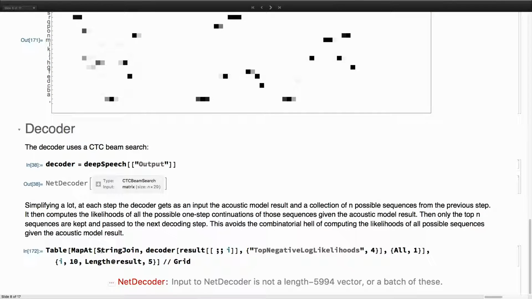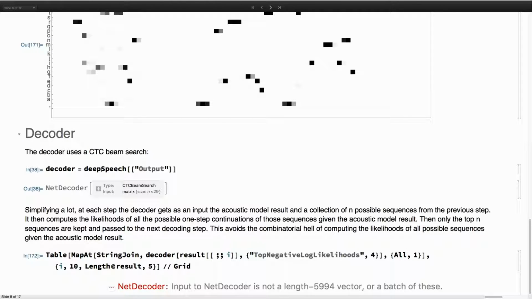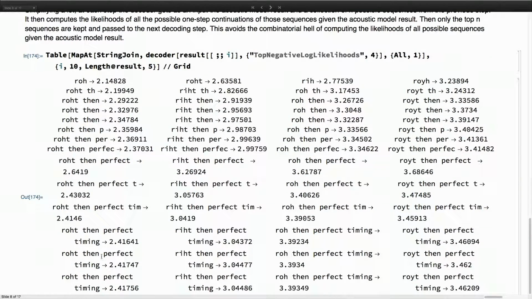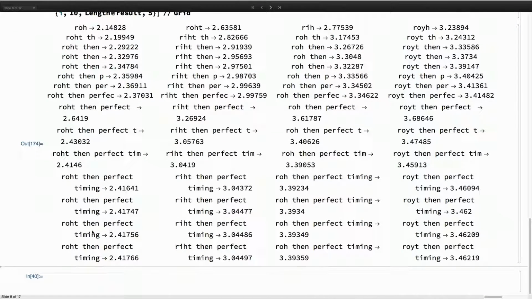And you can see, on the vertical axis, you have the decoding step, and on the horizontal axis, you have the various choices of decodings at those times. So you can see how they evolve. And then this is the final result by the acoustic model, decoded by the CTC beam search.